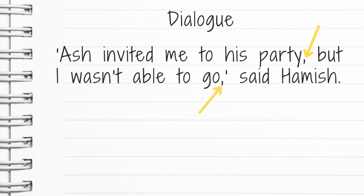Okay, in dialogue, this is one that confuses a lot of people. So I've got very similar sentences, and we will just go through them all. In dialogue: "Ash invited me to his party, but I wasn't able to go," said Hamish. With the first arrow, the first comma is used because we're connecting the sentence with the conjunction "but." And then "I wasn't able to go," the second comma